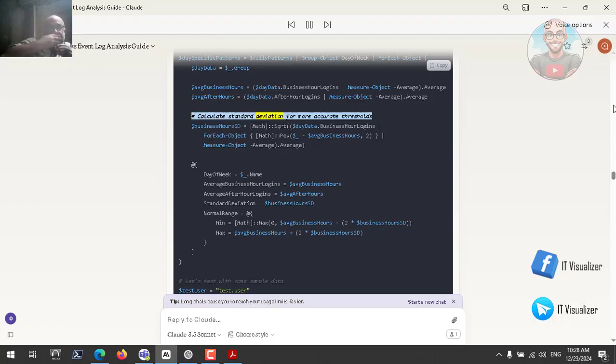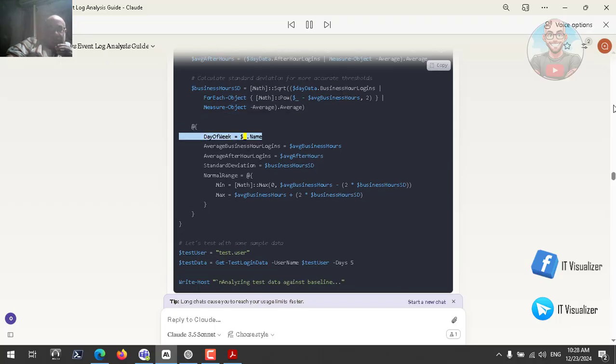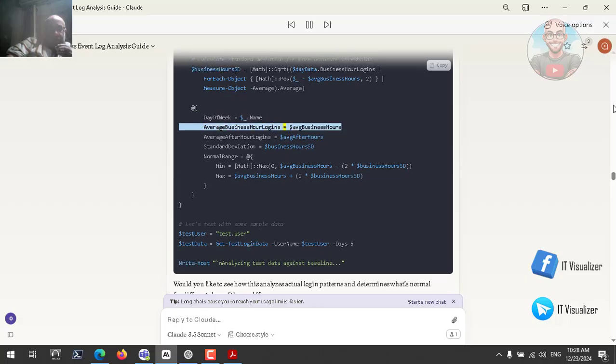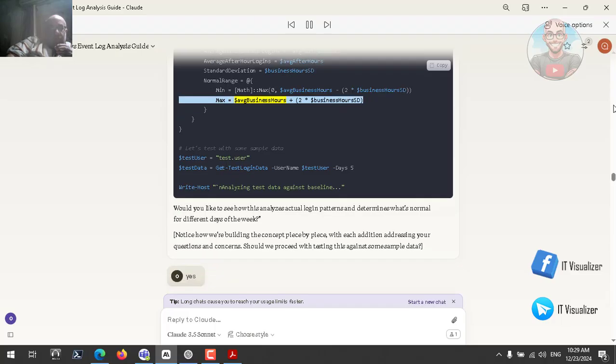# Calculate standard deviation for more accurate thresholds. $businessHoursSD = [Math]::Sqrt(($dayData.BusinessHourLogins | ForEach-Object { [Math]::Pow($_ - $averageBusinessHours, 2) } | Measure-Object -Average).Average). DayOfWeek = $_.Name; AverageBusinessHourLogins = $averageBusinessHours; AverageAfterHourLogins = $averageAfterHours; StandardDeviation = $businessHoursSD; NormalRange = @{ Min = [Math]::Max(0, $averageBusinessHours - 2 * $businessHoursSD); Max = $averageBusinessHours + 2 * $businessHoursSD